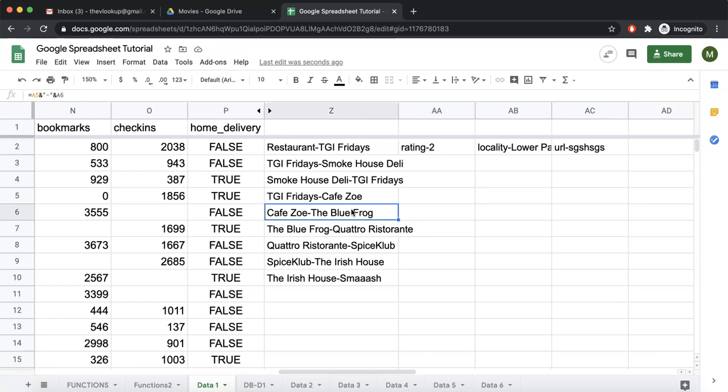So you see, when we drag something, it changes accordingly. But if we want to fix either row-wise or column-wise, we can use the $ sign. I request you to pause this video and practice this a lot in your sheet. What should I do if I want to drag it in this way, what should I do if I want to drag such that this value doesn't change, and get yourself comfortable with it.